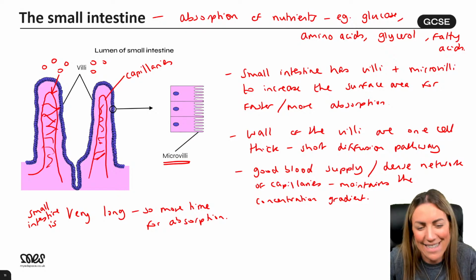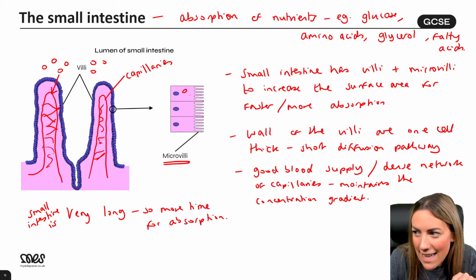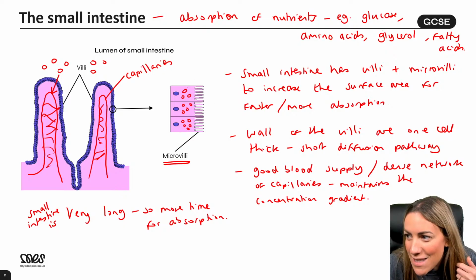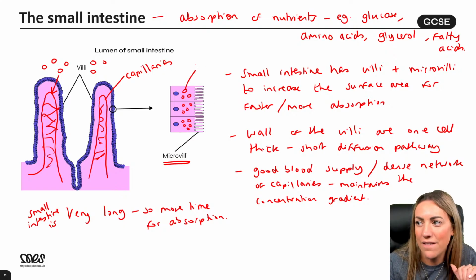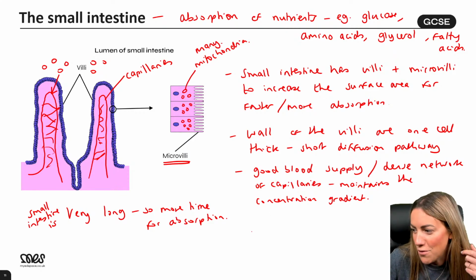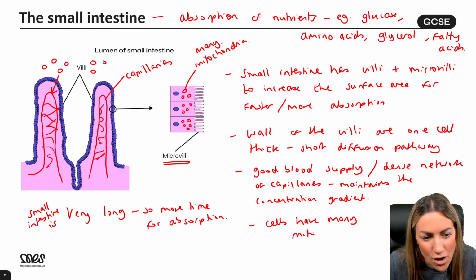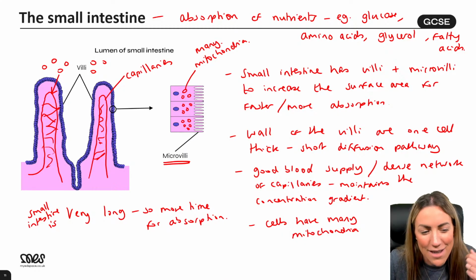Now, Alex, you read my mind. I was just about to say, Alex, that in here, there's lots of one particular organelle, and I was going to ask if you knew why. So in these cells that line the villi, there are lots of mitochondria. And I was going to ask if you knew why. Yay, I saw that, Umar, well done.